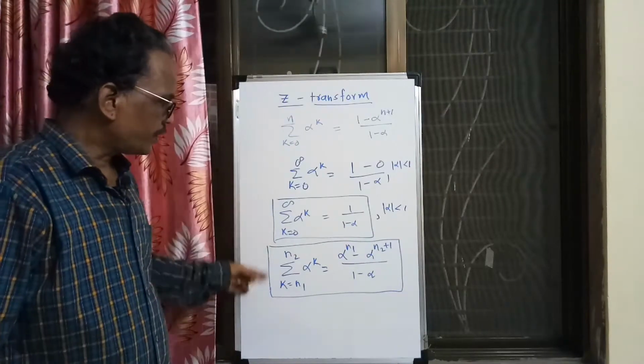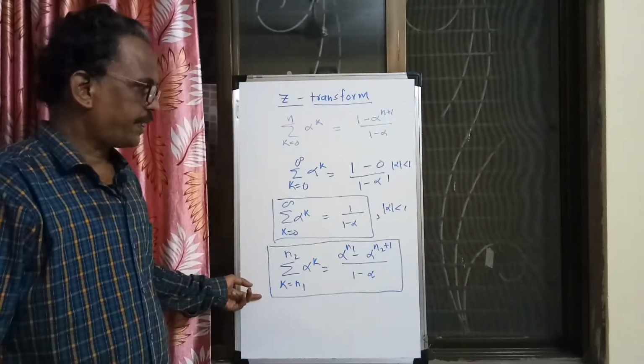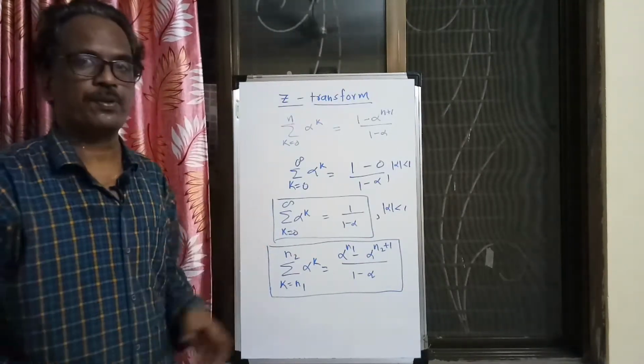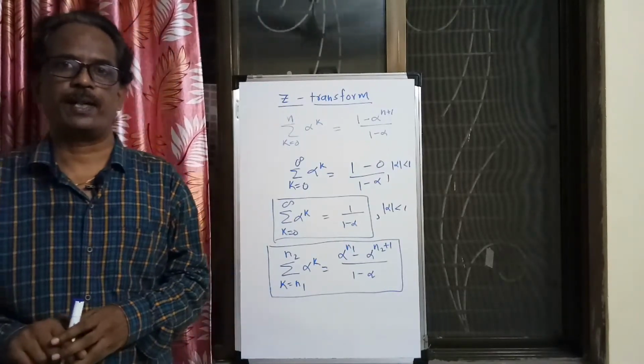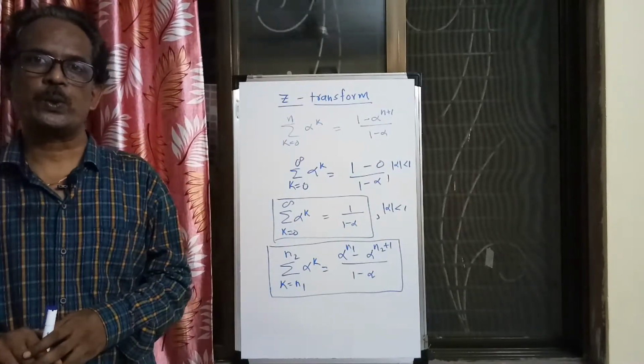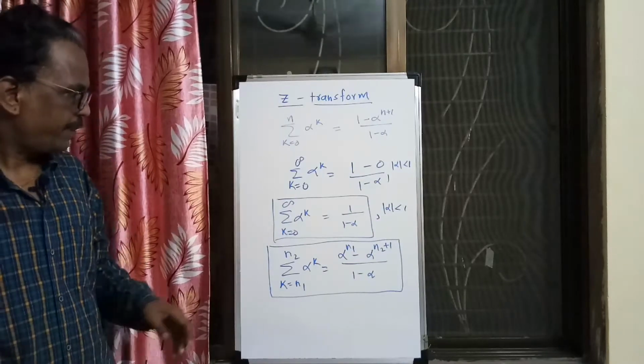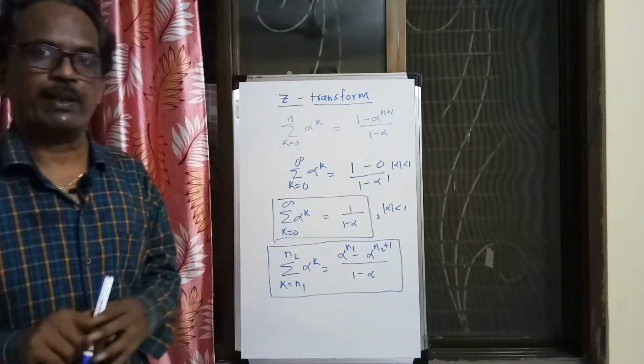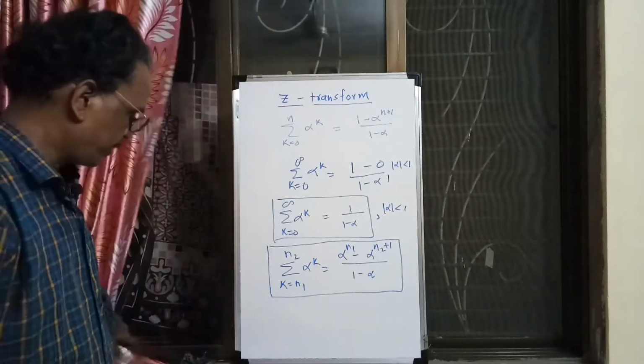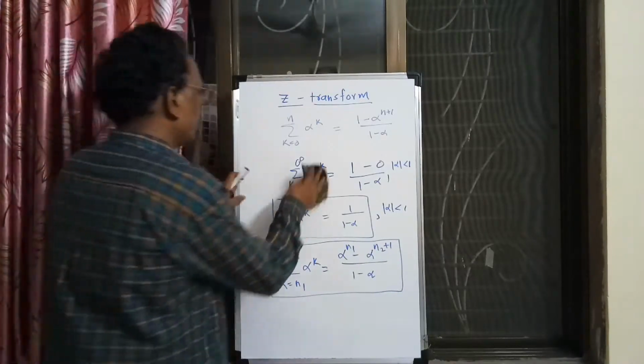These are the two results from mathematics that are required for solving problems on the Z transform. That is why I am discussing these two results. Many times one more result is required. Let us take that also. Okay,